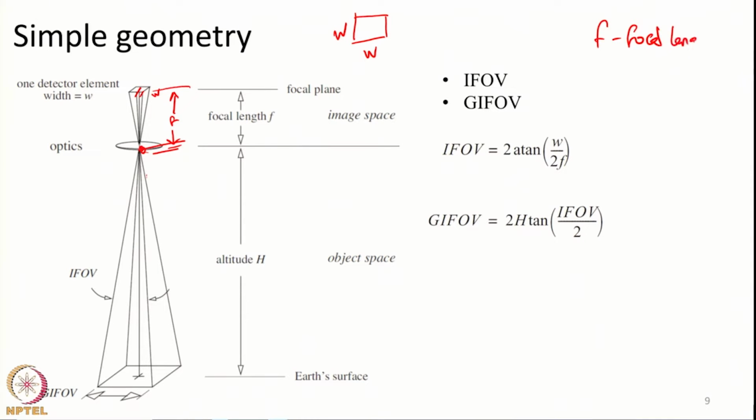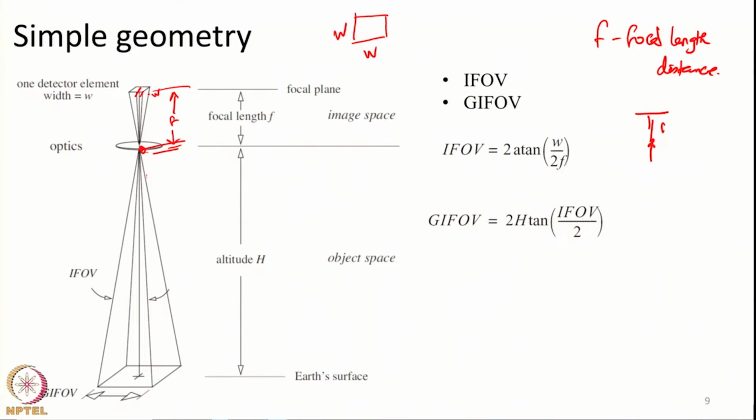Even our cameras have a focal length or focal distance, right? It relates to the distance between the center of the point where the light first enters the system and the point where the detector elements are kept. So, this is the focal length F. And based on the focal length,